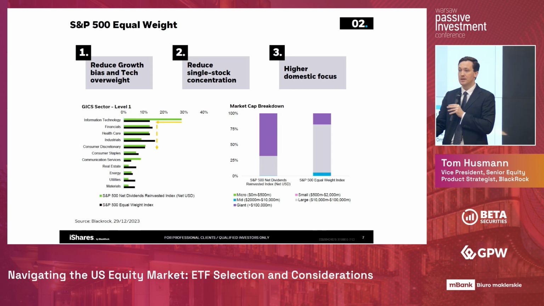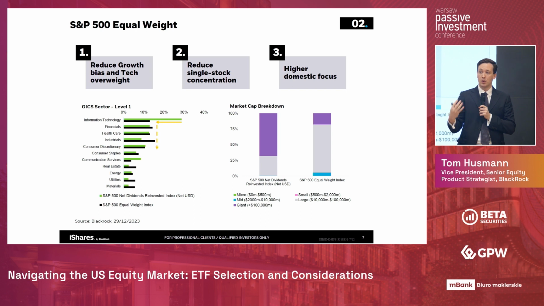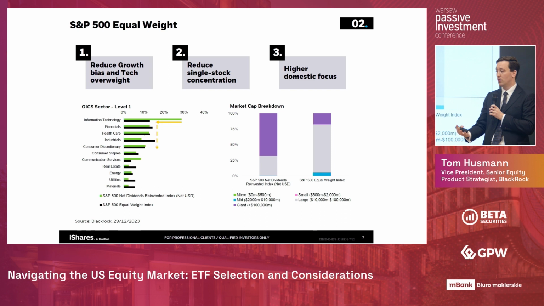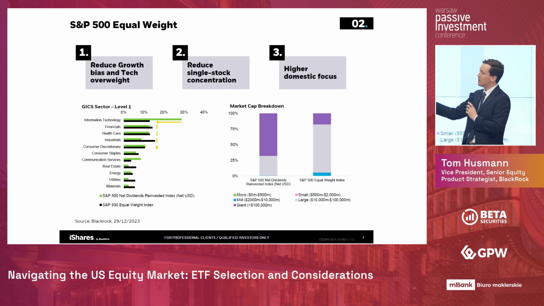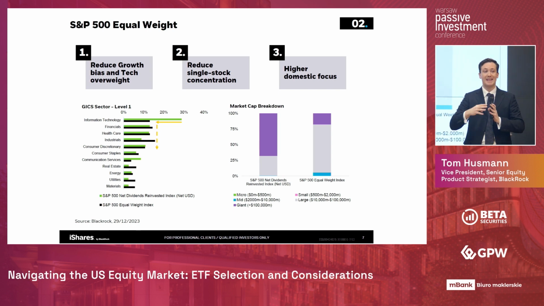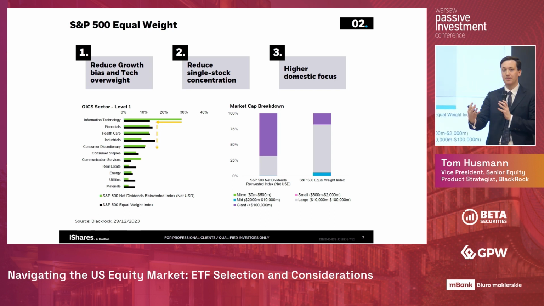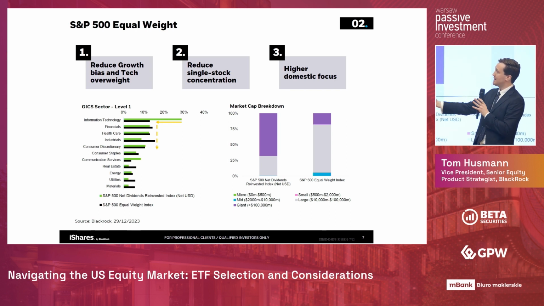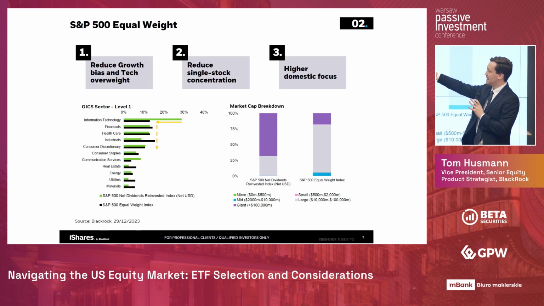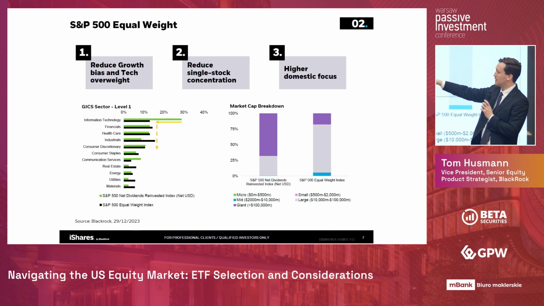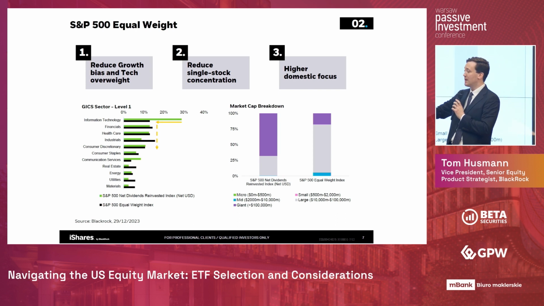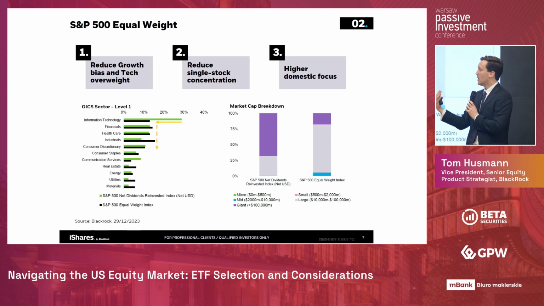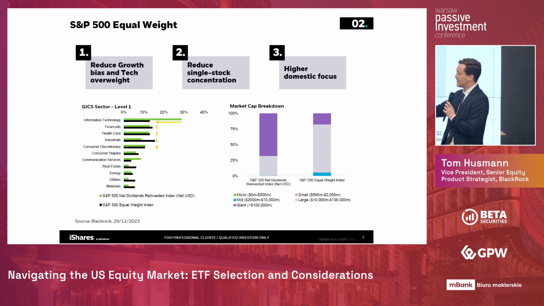So less diversified. So when we talk about US equity, we also talk about the next step on diversification of the existing allocations, which helps, for example, with the S&P 500 equal weight, which has the same stocks, but they're equally weighted, instead of having 26% and over in the Magnificent Seven. As a result of equally weighting all the different stocks, you can see the sectors are a lot more diversified, reducing tech, but also increasing some of the defensive sectors. So we have utilities, materials, but also industrials in there,